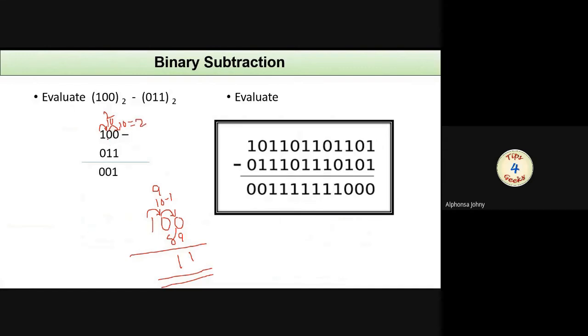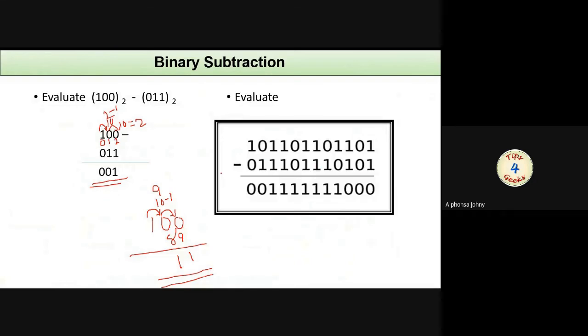From where are we taking? We are taking from the middle bit position here. After taking 1 from the MSB, here the value is 1 0 or 2. We are taking a 1 from that. So the answer is 2 minus 1, or 1 over here. And here 2 or 1 0. So we have to subtract 2 minus 1. The answer is 1. Then 1 minus 1, 0. Then we have already taken a 1 from this position to the lower order bits. So here 0 is left over. So 0 minus 0, the answer is 0. So 1 0 0 to the base 2 minus 0 1 1 to the base 2 is equal to 0 0 1 to the base 2.